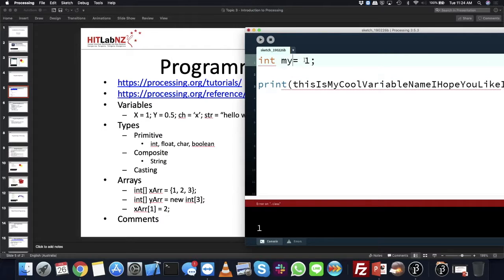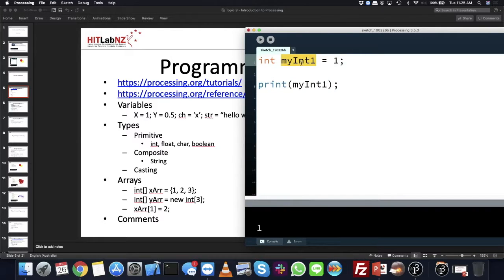You can have something like myInt1, so you can have a number at the end of a variable name, but you can't have it at the start. There's a few rules. My advice to you guys would be make your variable names descriptive. I could just say int x equals 1, print x. And then you write 1,000 lines of code and I ask you, what does x do again? And you have no recollection because it doesn't actually tell you anything. So I would recommend giving them